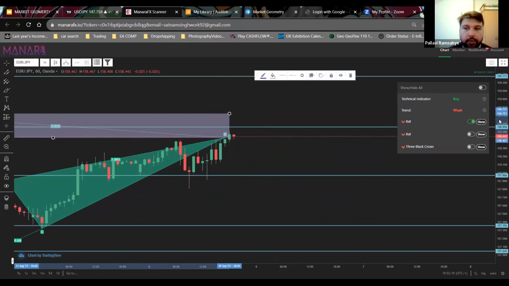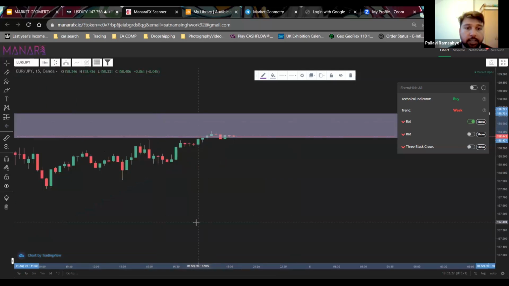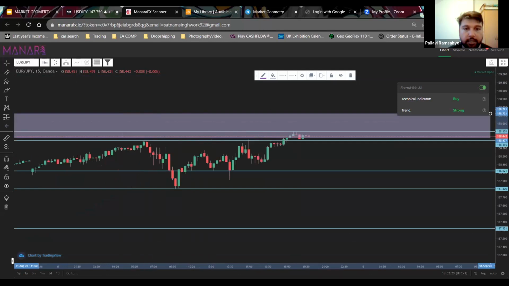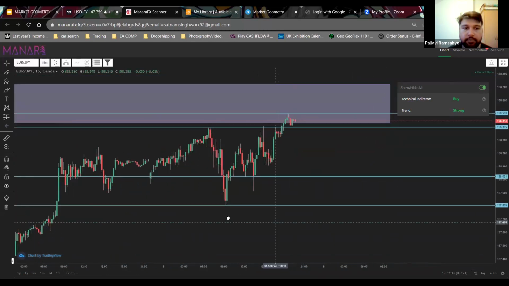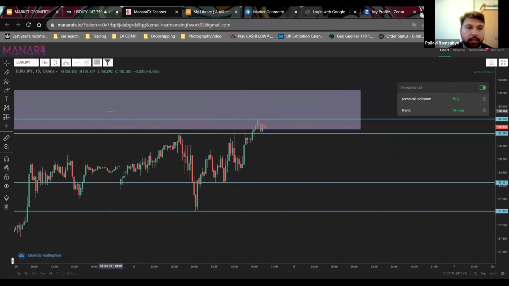And then what will we be looking for here? At this point, we're going to be looking at a lower time frame entry, okay? So when we're looking at this price action, ideally what we want to happen is a change of character, okay? So if we look at these levels,